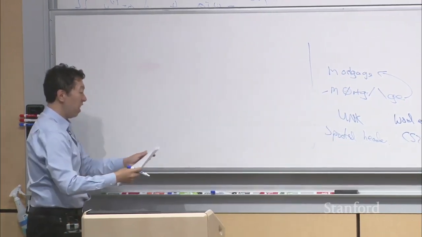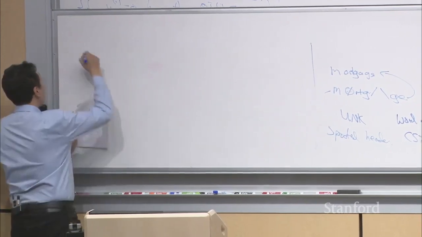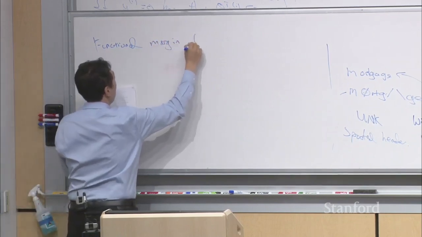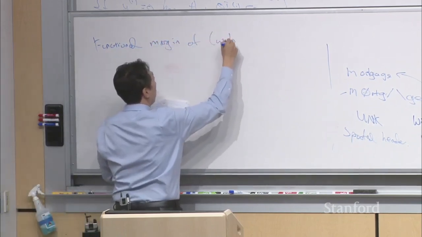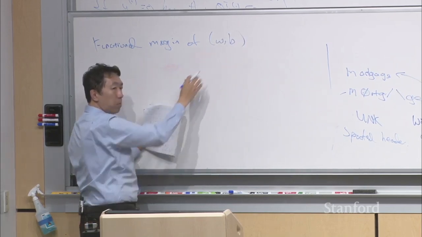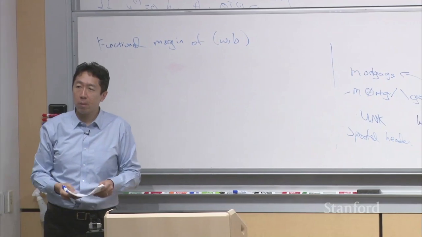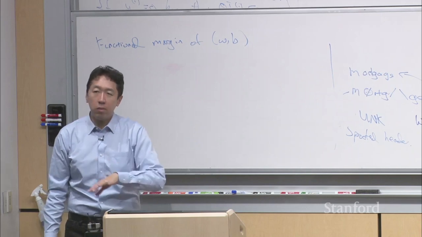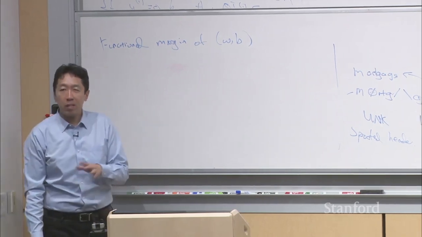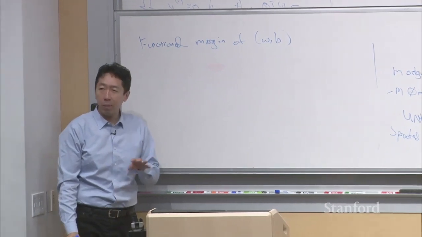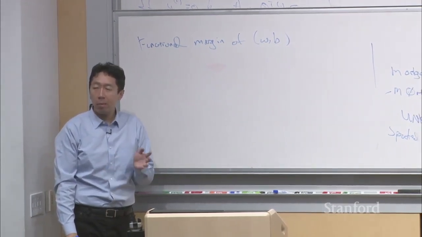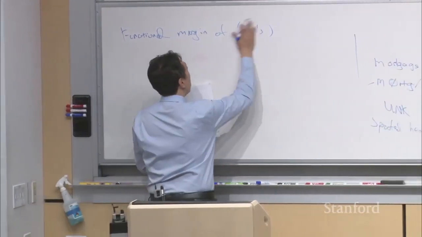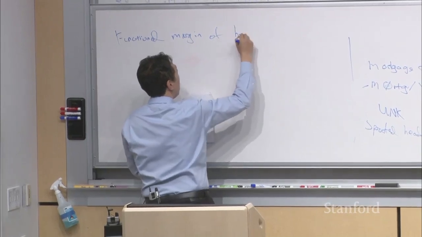All right. So let me formalize the definition of a functional margin. So the parameters W and b define the linear classifier, right? So, with the formulas you just wrote down, the parameters W and b really define a hyperplane, or a line, or in high dimensions a plane or a hyperplane, but a straight line separating out the positive and negative examples. And so we're going to say the functional margin of the hyperplane